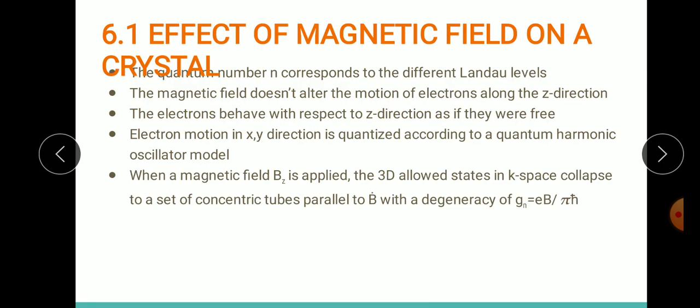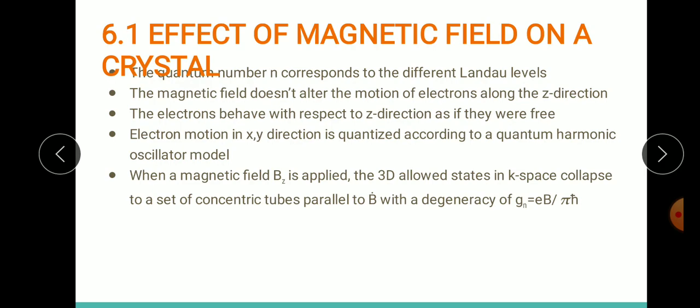This is nothing but, see, we have told that on the action of a magnetic field, an electron which was initially occupying an energy state E collapses or becomes degenerate. Degenerate means their properties are now more unique. Initially it was just an energy level E. Now since they collapse, they will have multiple energy levels or sub bands like E1, E2, E3